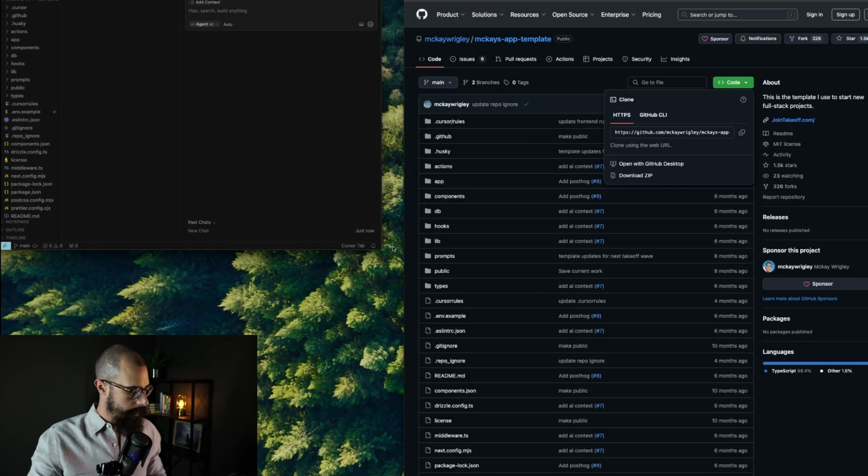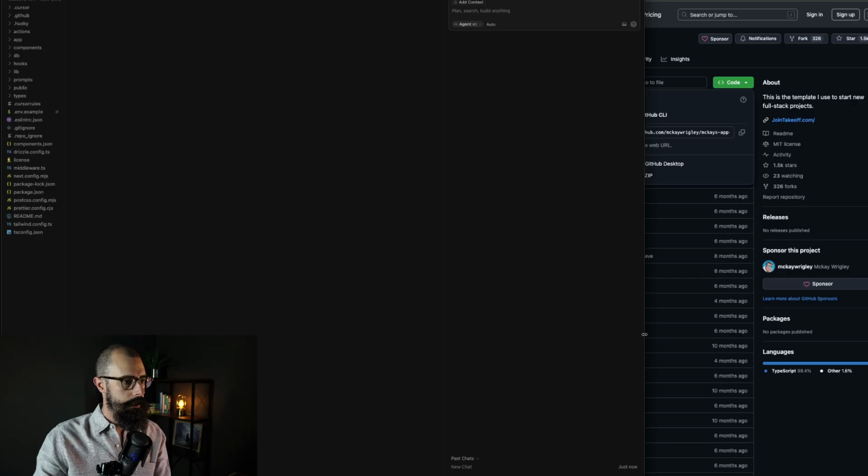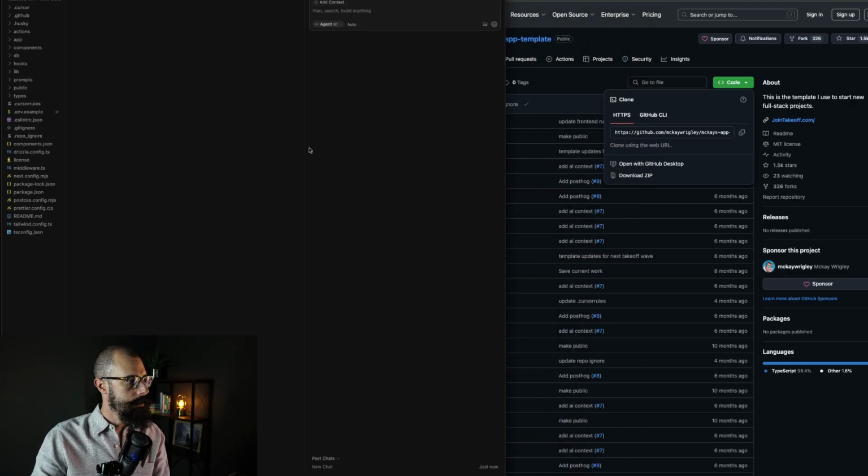All right, here we are. So let's maximize this, put it on the left-hand side. A little too much space there. And here we are. So it opens immediately with this agent. Cursor has built-in agents, right? We talked about that before. It automatically chooses the model. It'll choose, I think, GPT, Claude, sometimes Gemini. You can change that if we want to. We're not going to do that right now because